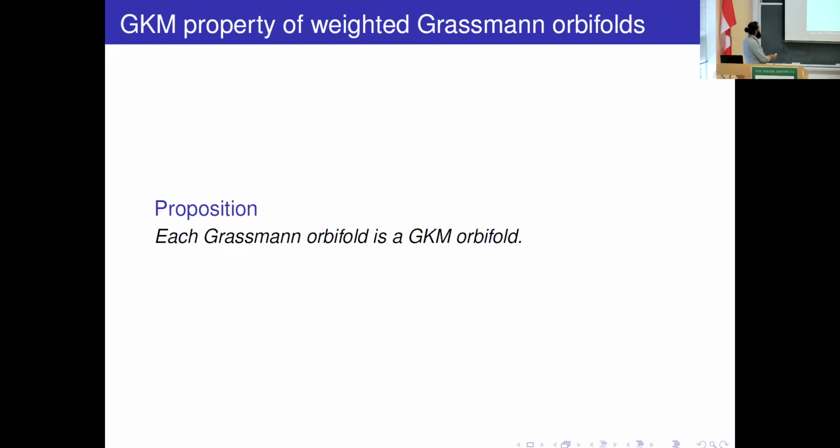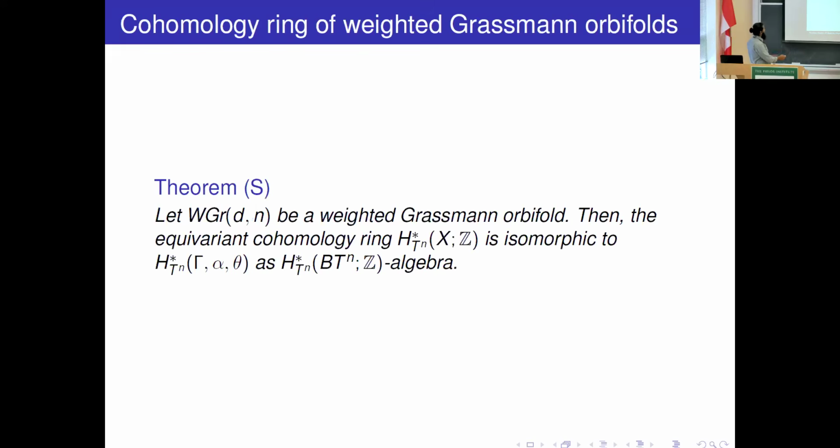You mean Grassmann orbifold there, don't you? You don't mean weighted Grassmann orbifold. Oh, sorry, this is a typo. Oh, thank you. Oh, that's easy. Weighted Grassmann orbifold. It is a known result. Sorry, this is a typo. Yes, this is weighted Grassmann orbifold. Oh, Grassmann orbifold. Okay. I have to say weighted Grassmann orbifold. Otherwise, thank you.